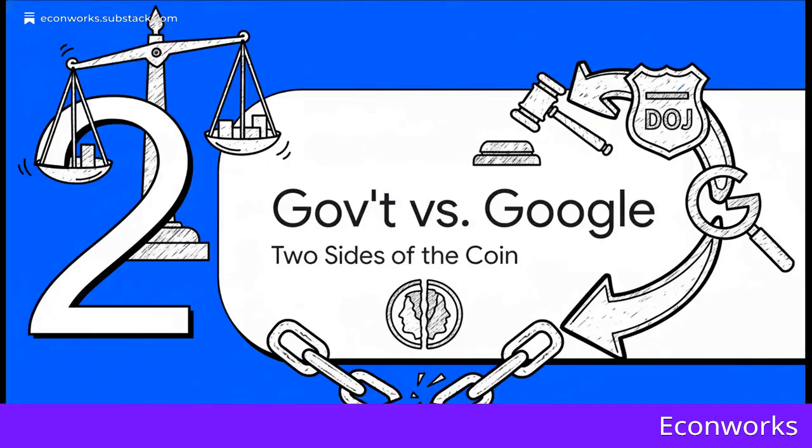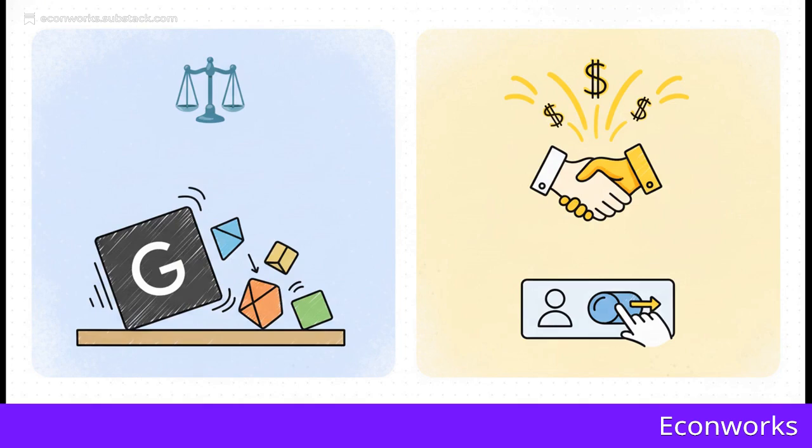Okay, so as you can probably guess, the government and Google see these deals in completely different ways. I mean, they couldn't be on more opposite sides, and their arguments are what this whole case is built on. So on one hand, the DOJ argues that paying all this money for default placement is an illegal way to keep a monopoly. They say it boxes out rivals like DuckDuckGo or Bing before they even have a chance to compete. But Google fires right back.